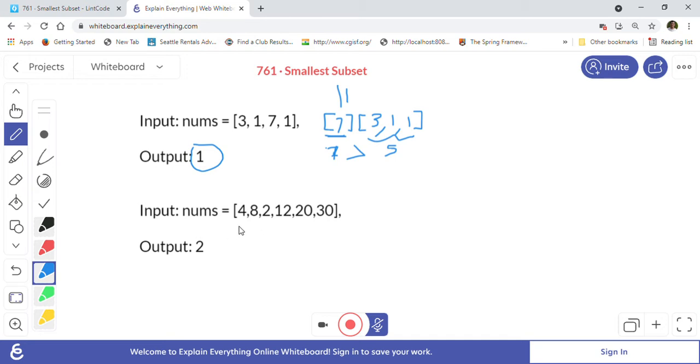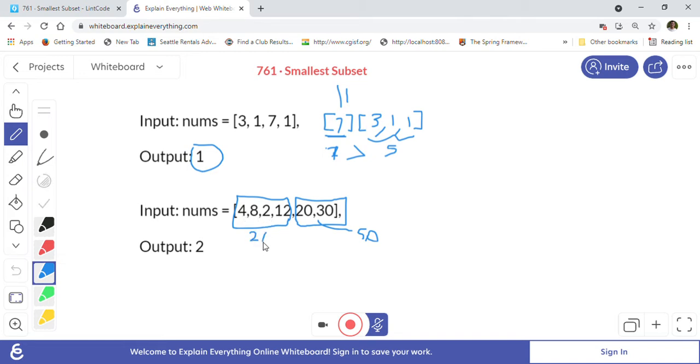So let's take another example here with more elements. If we divide this set in such a way that 20 and 30 go in one set and the remaining go into the other set, then 20 plus 30 is 50 here, and the other total will be 12 plus 2 is 14, plus 8 is 22, plus 4 is 26.